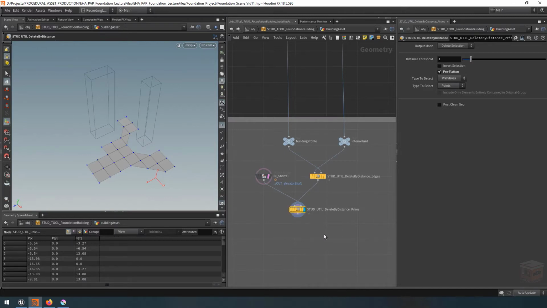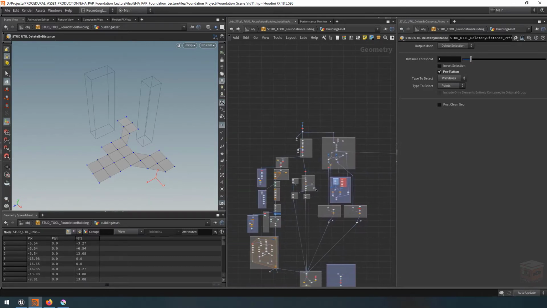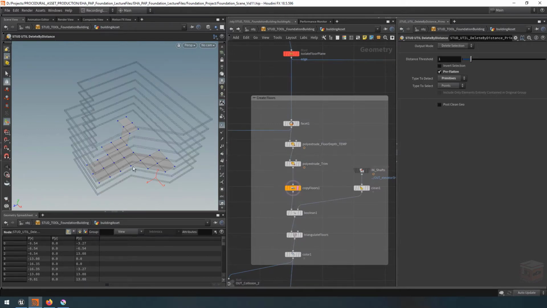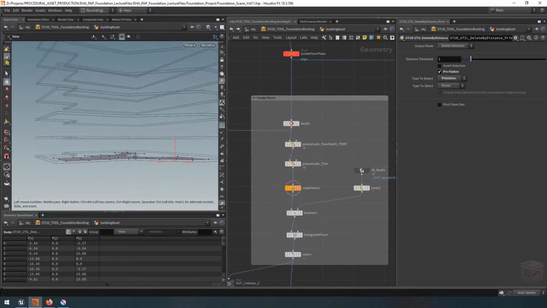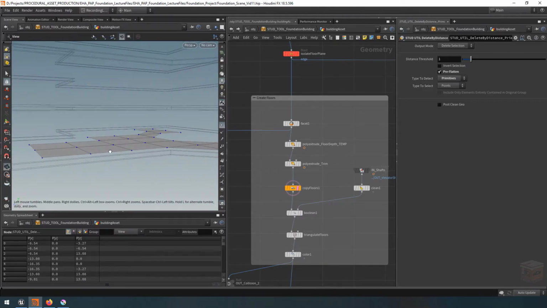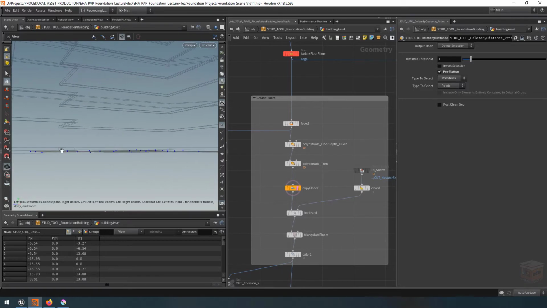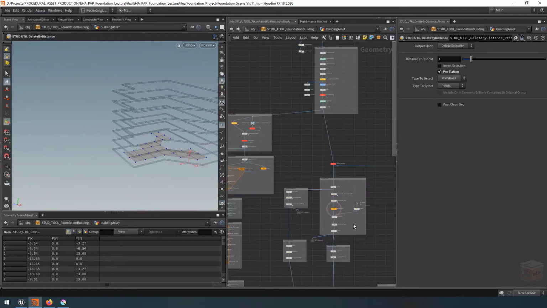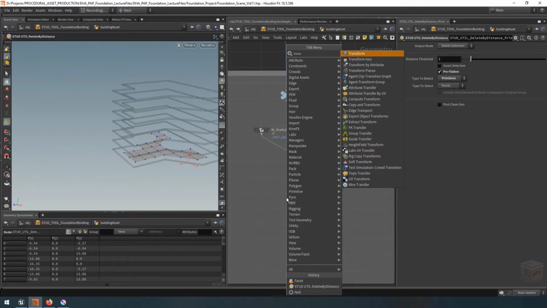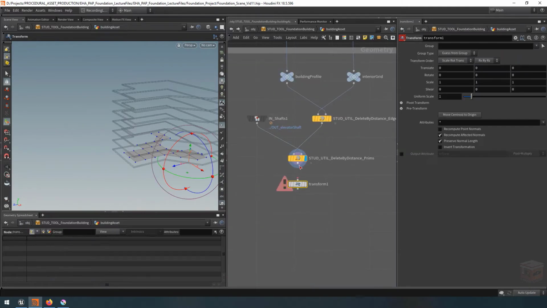Now next, let's go ahead and copy a couple of pillars onto these points. I'm going to go over here on the left of my network and expose the floors right there. And at this moment, our grid is sitting a bit too low. It actually needs to be raised up by the floor depth, right? So let's grab a transform node. And I'm going to call this one raise on top of floor,